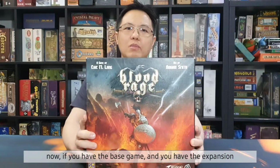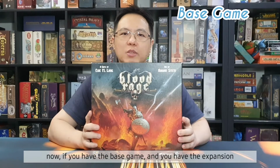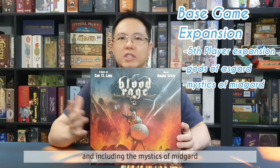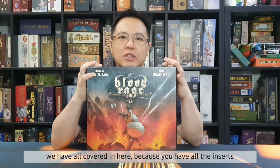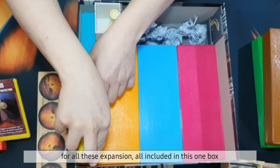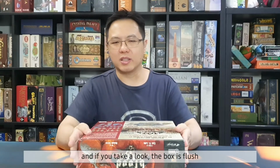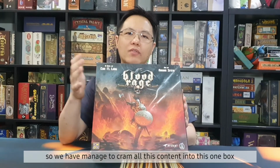Now, if you have the base game and you have the expansions, including the 5th player expansion, the Gods of Asgard, and the Mystics of Asgard, we have it all covered in here because you have all the inserts for all of these expansions included in this one box. And if you take a look, the box is flush, so we have managed to cram all of these contents